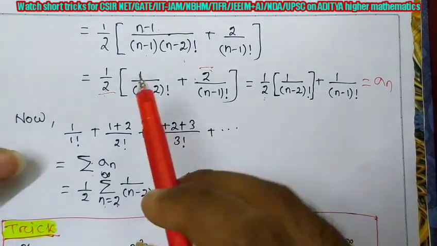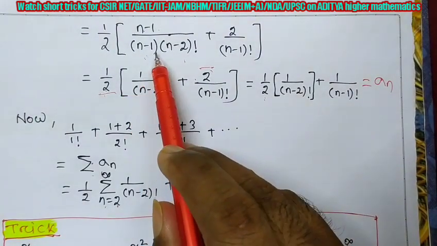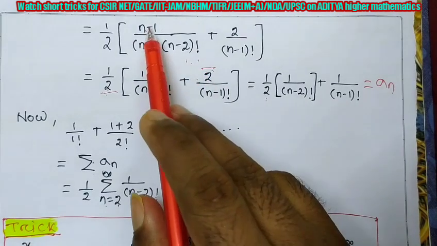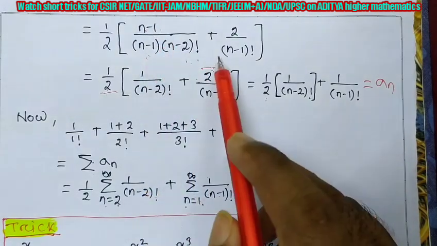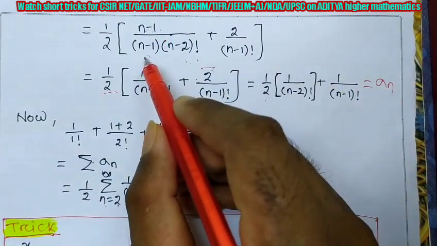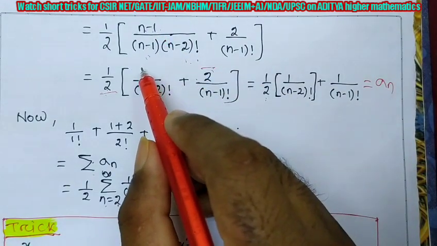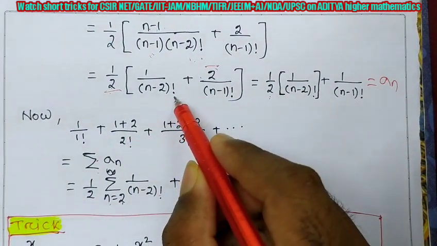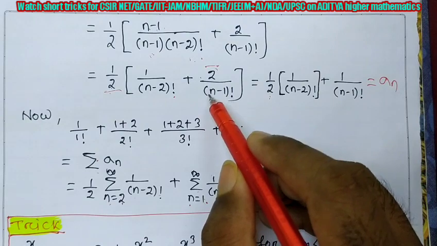Now look at this. Only in that (n-1)! we are writing (n-1)·(n-2)!, because in the numerator n-1 is given, but the second term, same thing, only writing. And after writing this, n-1 you can cancel from both numerator and denominator. So finally you are getting 1/(n-2)!, and the second term is 2/